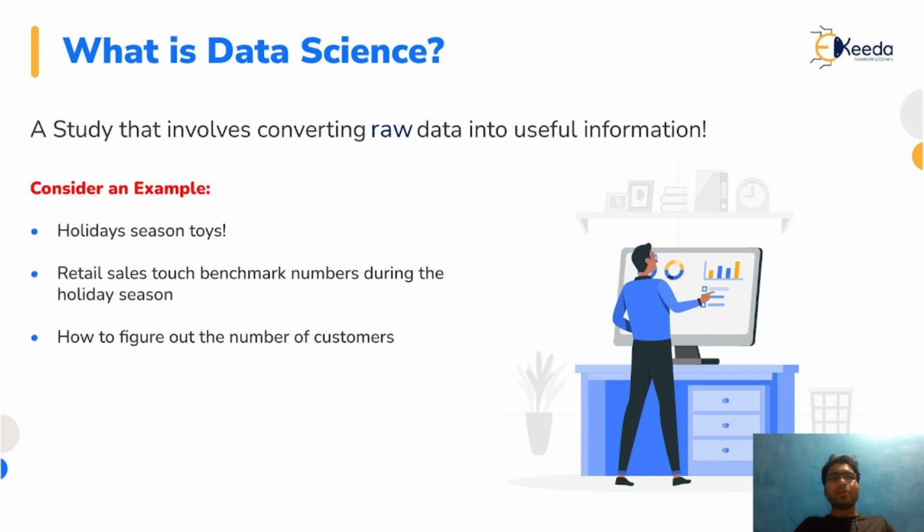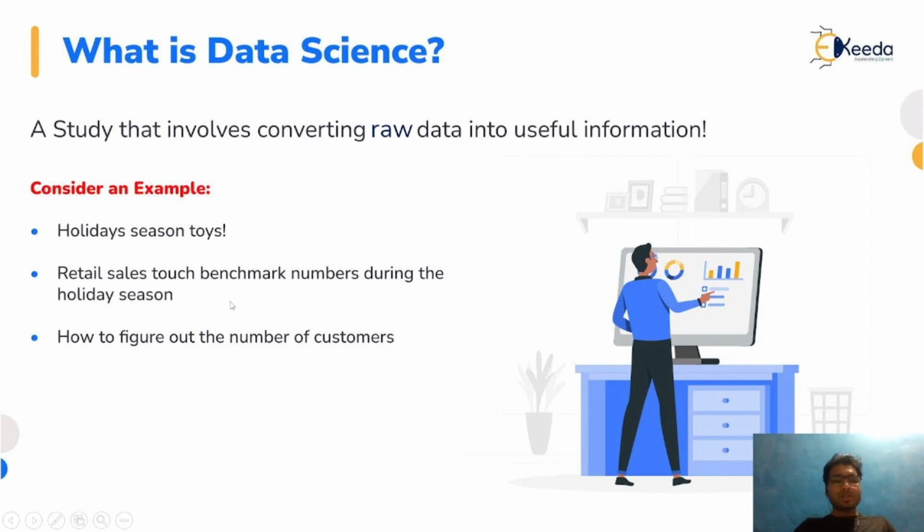Obviously, he can check the past data, what exactly has been the trend in the past during the holiday season, and on the basis of that information, since he is not a knowledgeable person in data science, he can take help of a data scientist, and then he can come to a conclusion about what kind of toys should be kept in what quantity, so that his overall sales and revenue would be optimized and higher than before. So this is one example of data science being utilized to increase the revenue.